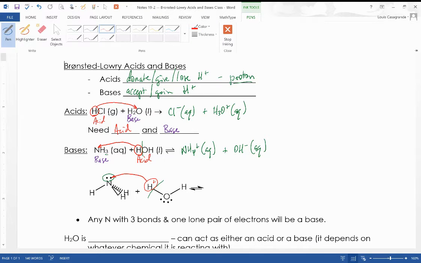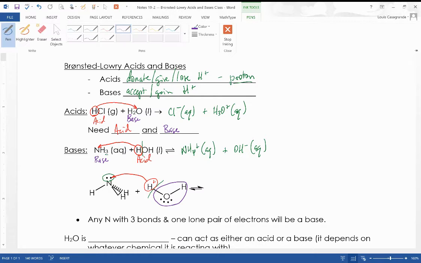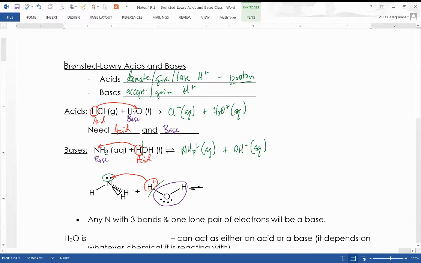Meanwhile, what's going to be left over is going to be this guy, and that guy is going to form hydroxide. And so the reaction is going to end up creating ammonium, the NH4 ion,